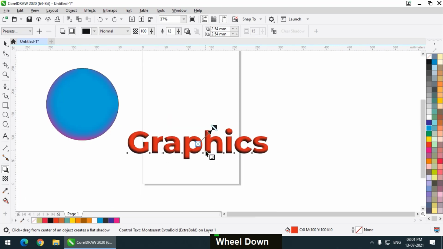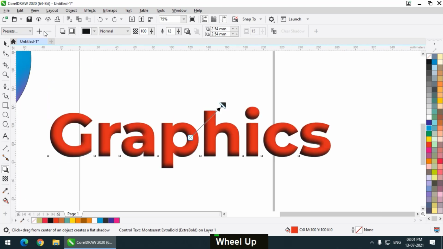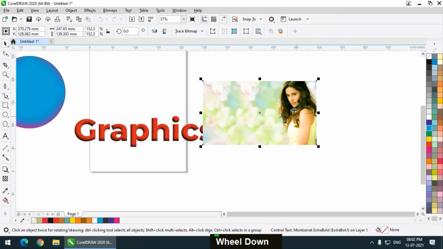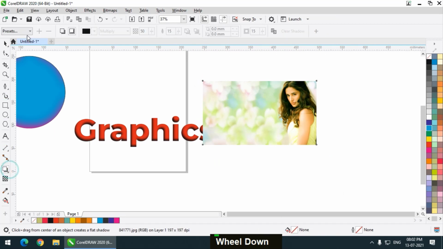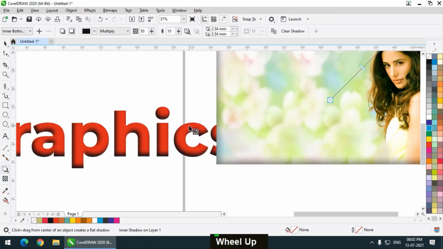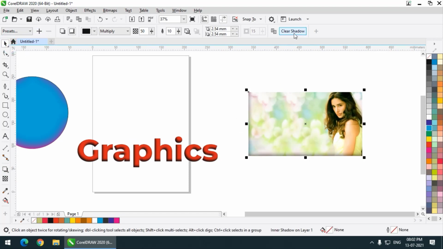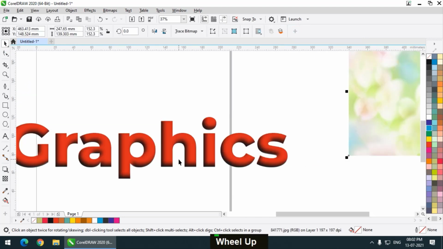You can also apply these values to an image as well. Same value, select shadow like this. So you can apply it to an object, text, and also an image. And if you don't want the shadow, then simply click on the clear shadow option, and the shadow will be removed.